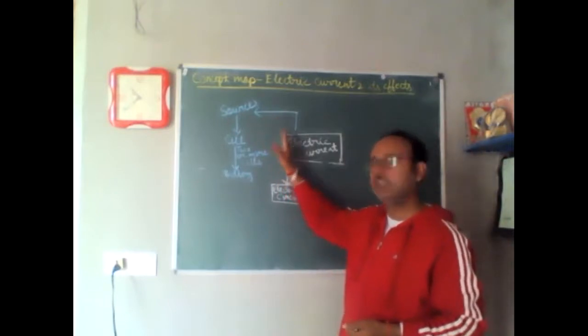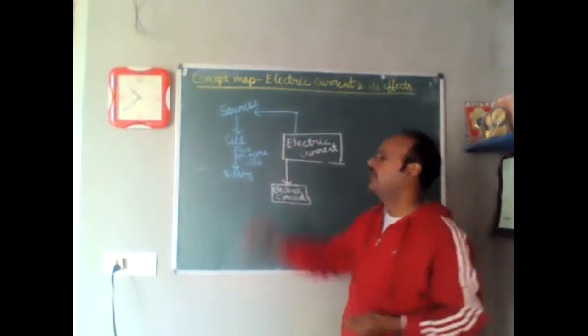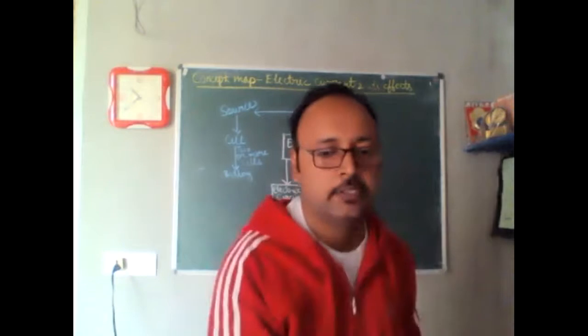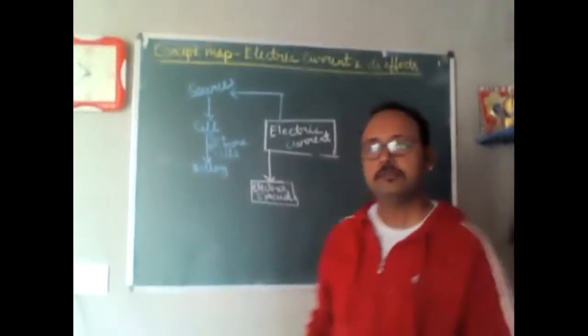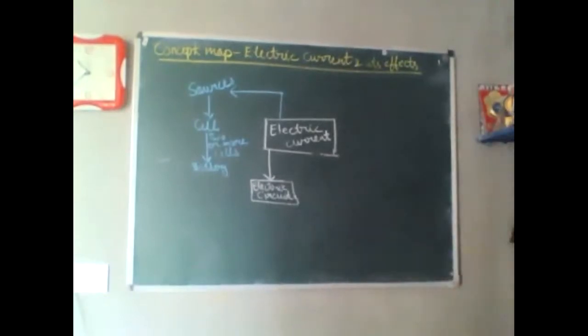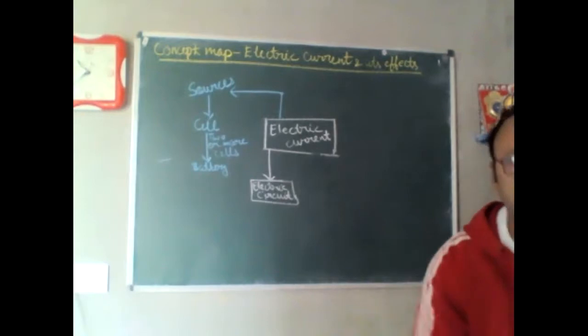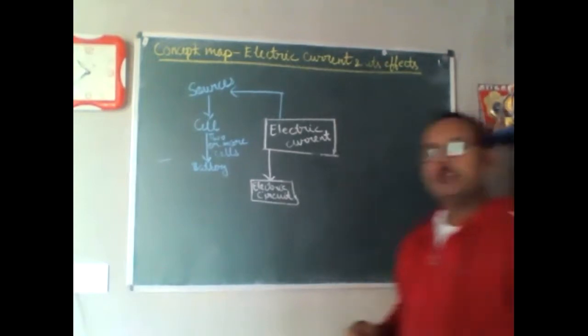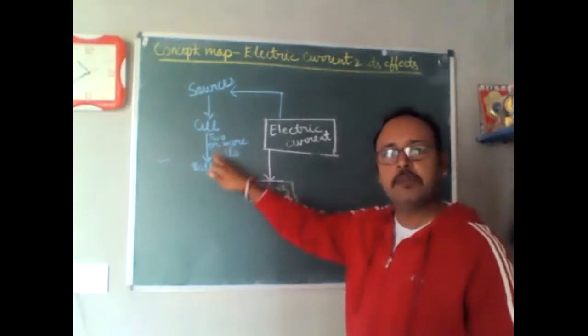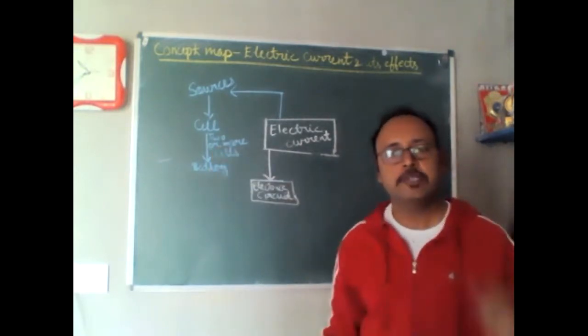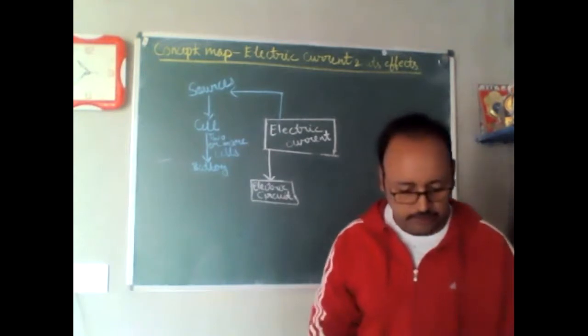How we can get that current? By cell. Cell is what? Two terminals having one positive, another negative. And one is battery. We have discussed when we are combining two or more cells, then it becomes battery, right? Then next is the